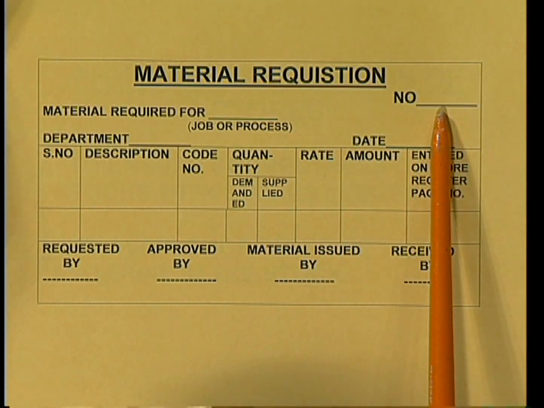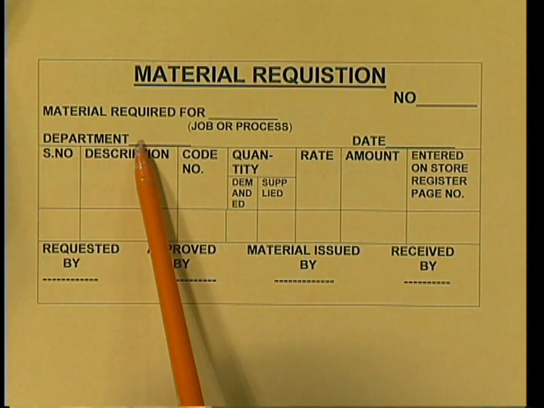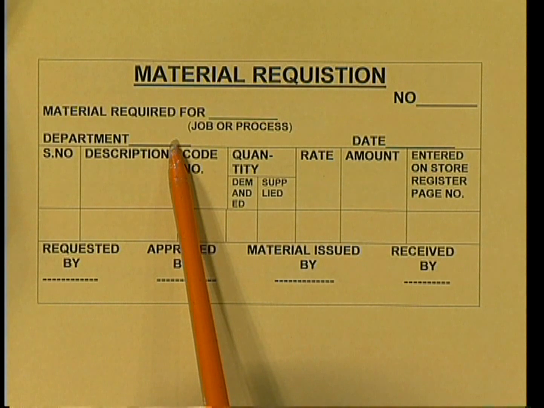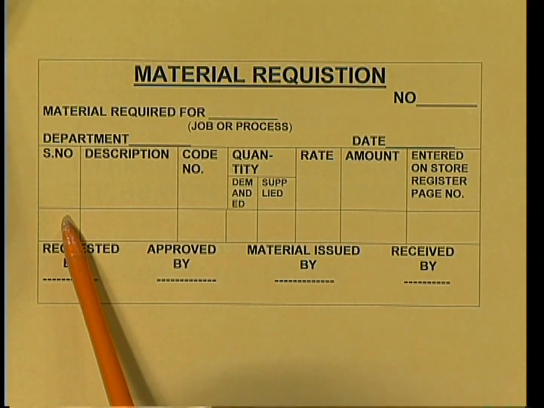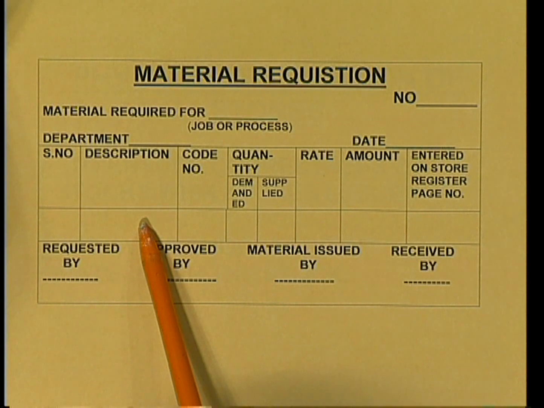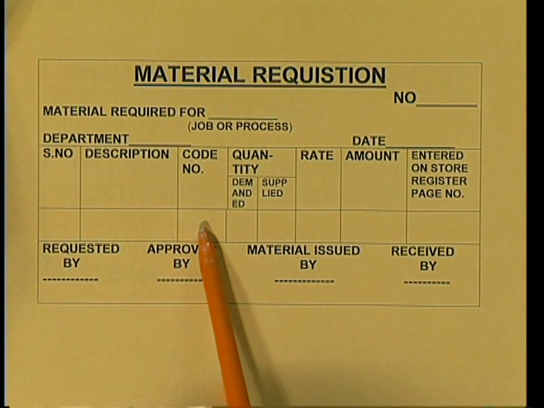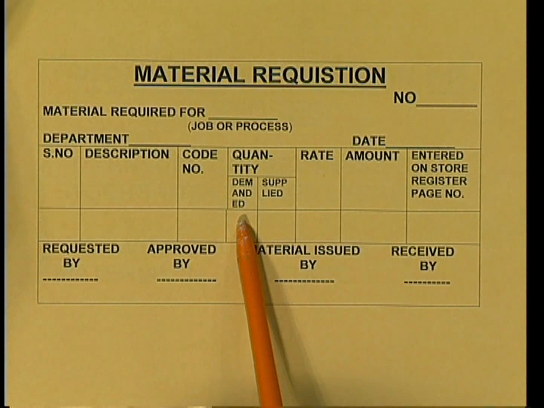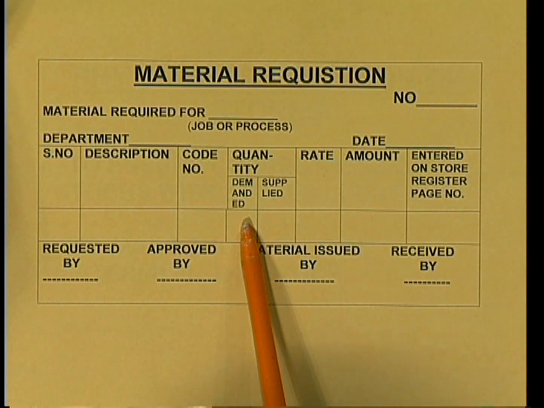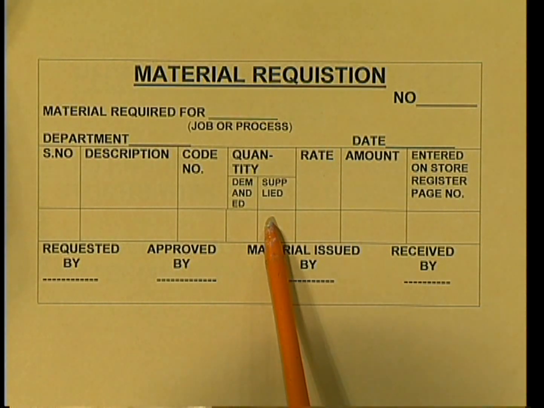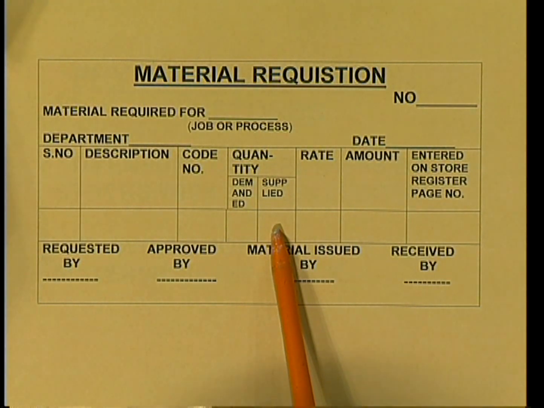What is the number of that particular department, it gives. Next, department, production department, for maintaining the machines. Now serial number 1, description, SAE 40 oil, code number, then the quantity. We demanded 10 liters for that particular production department, but the same oil will be used for some other departments also, so it has to be distributed and all the 10 liters will not be used at a time. In case there is not sufficient, he may give 5 or 6 or 7, or even 10 if it is available.